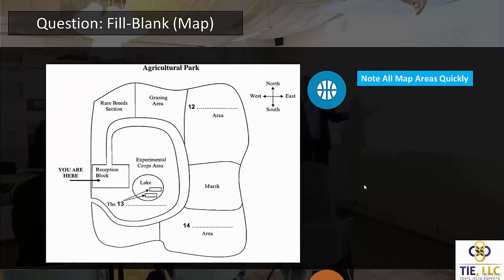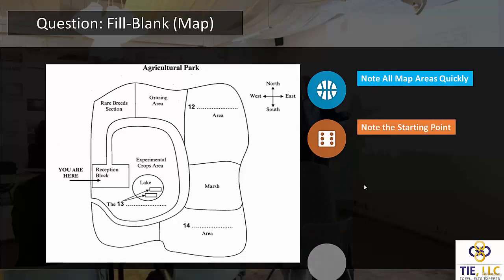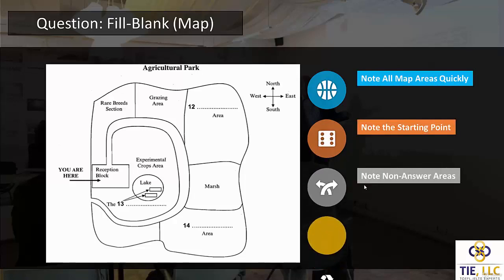The next fill in the blank question that you can encounter will most likely happen in section number 2, and it's a map. But it's still basically a fill in the blank question. You're just filling in the blank lines on a map. So when you're doing a map question, you want to note all of the map areas, not just where the blank lines are. So in terms of where the lake is, the reception area, the rare breed section, the grazing area, the marsh,